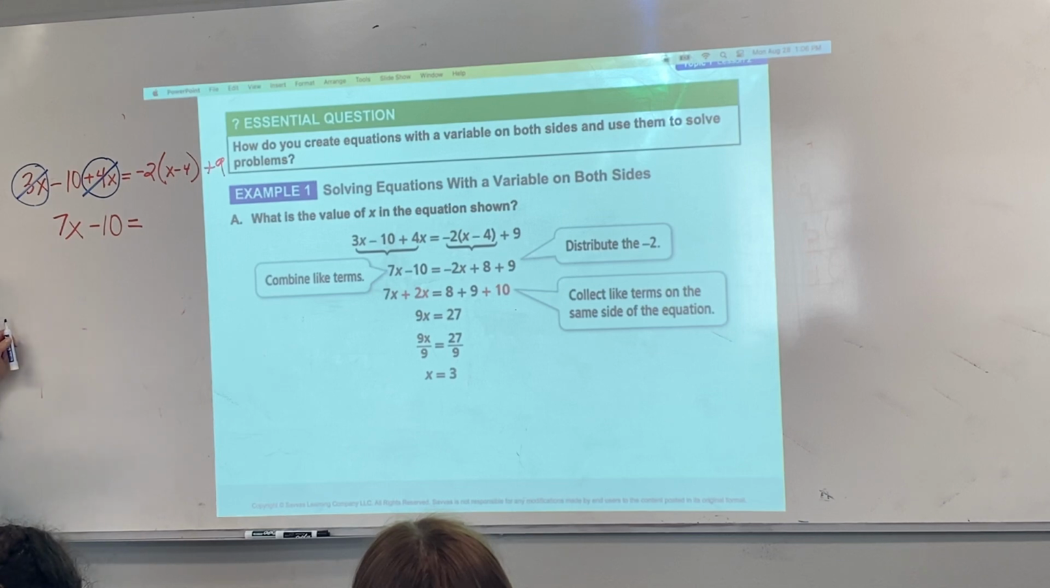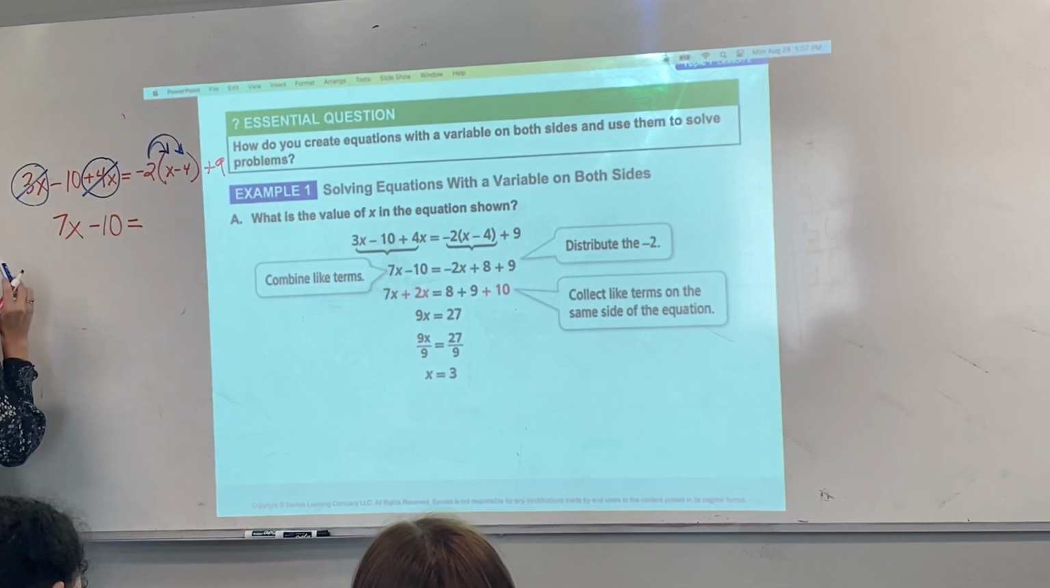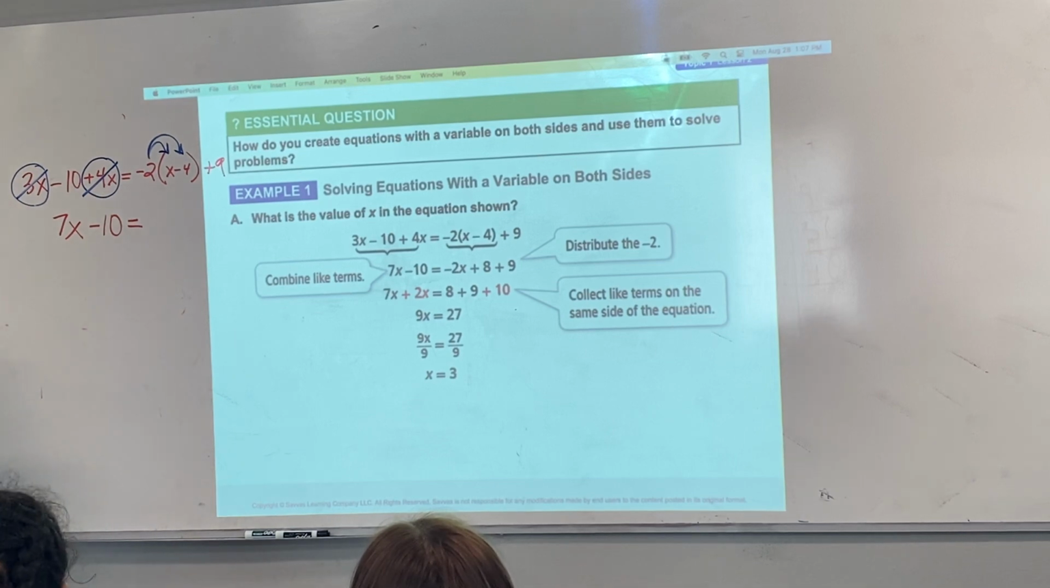Then over here, we can also simplify by using our, very good, our distributive property. So you know, front office. Can you lock the door before you close it, please? Okay. Anyway,